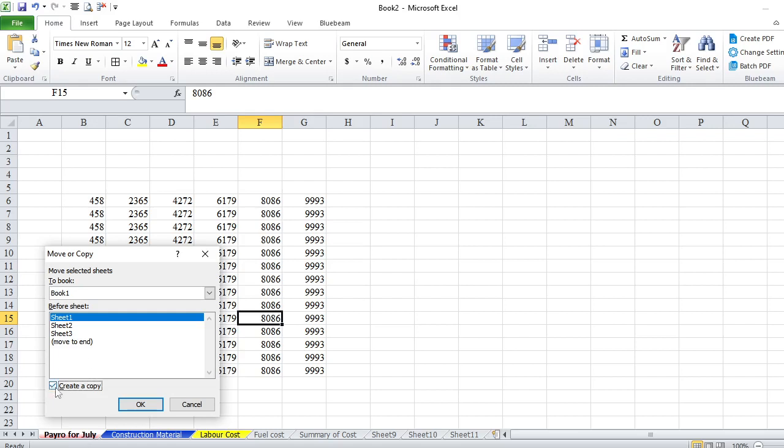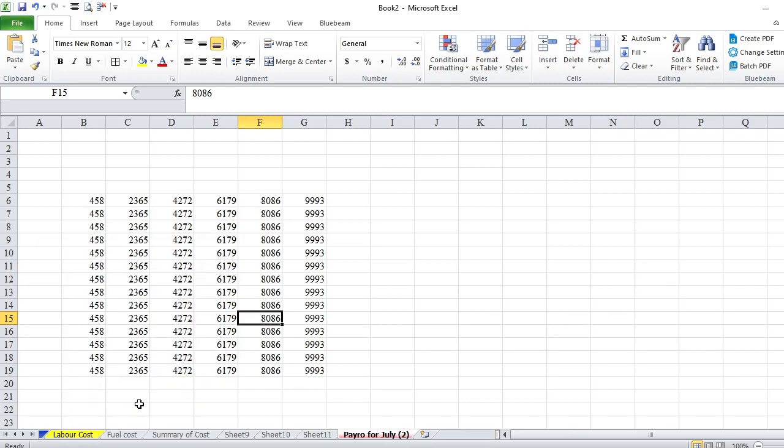If you don't tick this, it will move. Generally, it will move this sheet. So we can make it on book 1, we can make a new book, or we can make it on book 2 also. Where to put it? For example, I choose move to end.